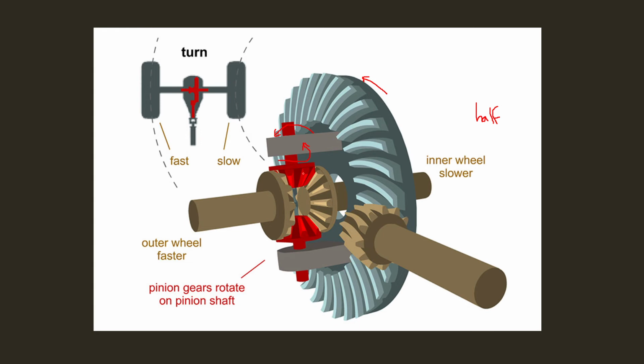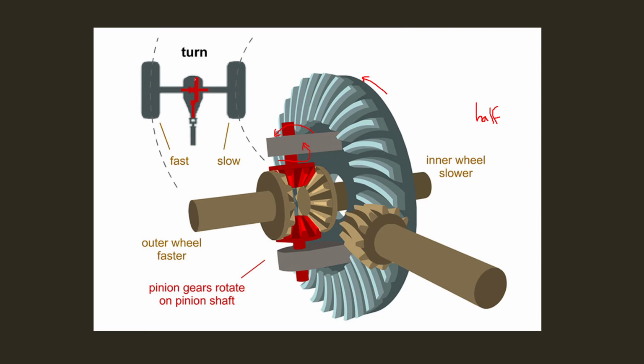As it rotates along its own axis, this outer wheel gear gets two drives. One is the drive from the total rotation as a single unit, as it is already rotating. Then it also gets an extra rotation from the rotation of the pinion on its own axis. So this will give two drives, and this will start to rotate at a faster speed compared to this one. Whatever amount it is slowing, that much the other is getting faster. So the outer wheel gets higher speed, it rotates faster, and the turn is taken in a smooth way.